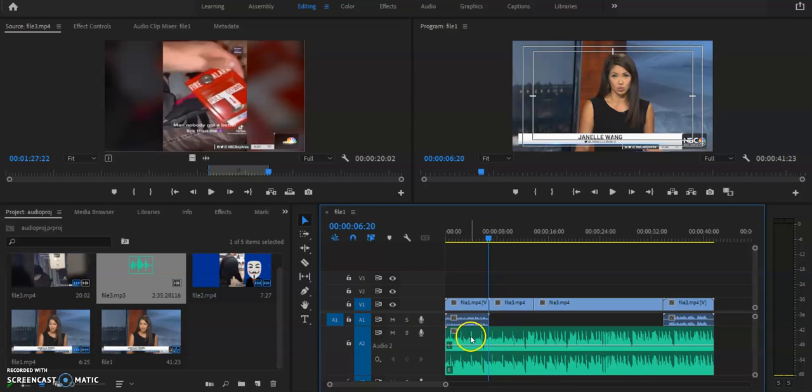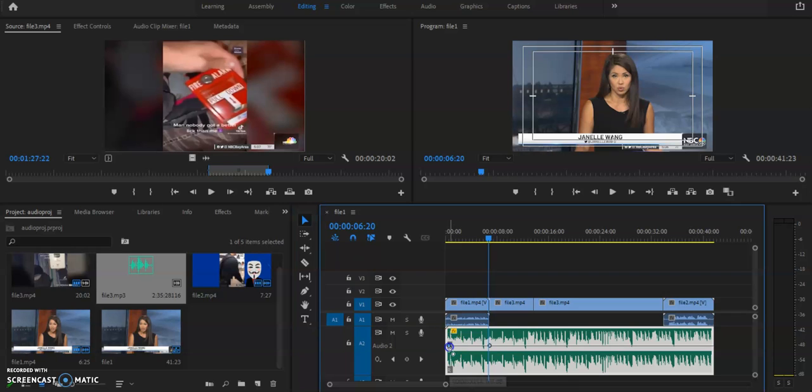And what I want to do is use a new tool called the pen tool. Right? It's the third one from the bottom, and it looks like the old-timey style fountain pens. So I'm going to choose the pen tool, and I want to put a dot right at the beginning of the project. You see that little blue dot right there? And then I want to put another blue dot at the end of the first clip where the lady's talking. Right? So now I can modify just this piece of the audio. So I'm going to go back to my selection tool,